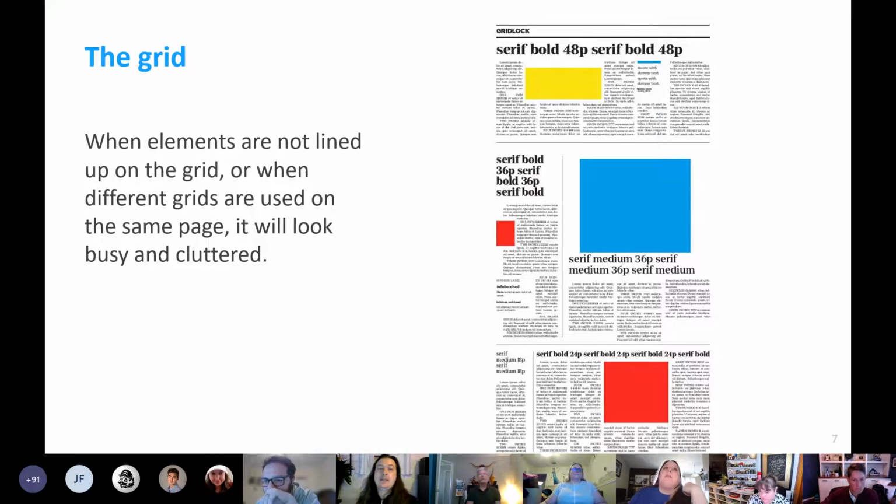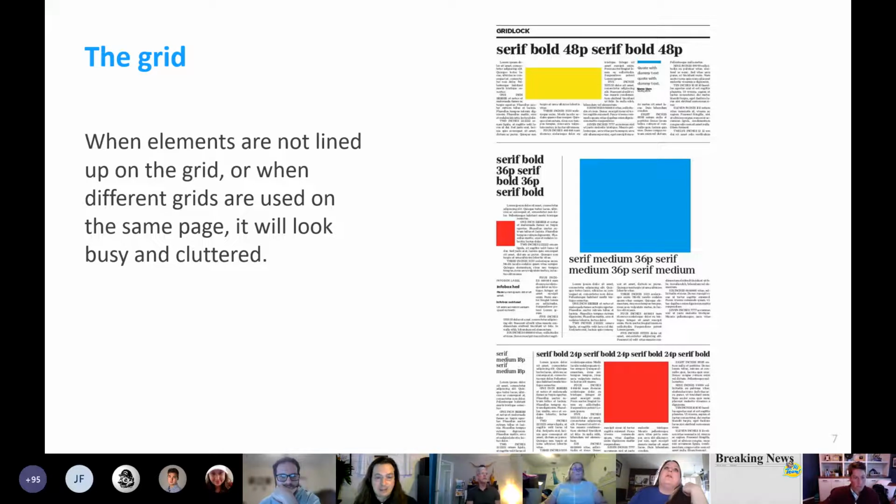So messy pages like this one are just very hard to read and do a disservice for our readers. Which is why we use the grid to line everything up. It's really important to get things lined up. So I can imagine that if this was a real page, it would be very frustrating for our readers, even if they don't exactly realize why.